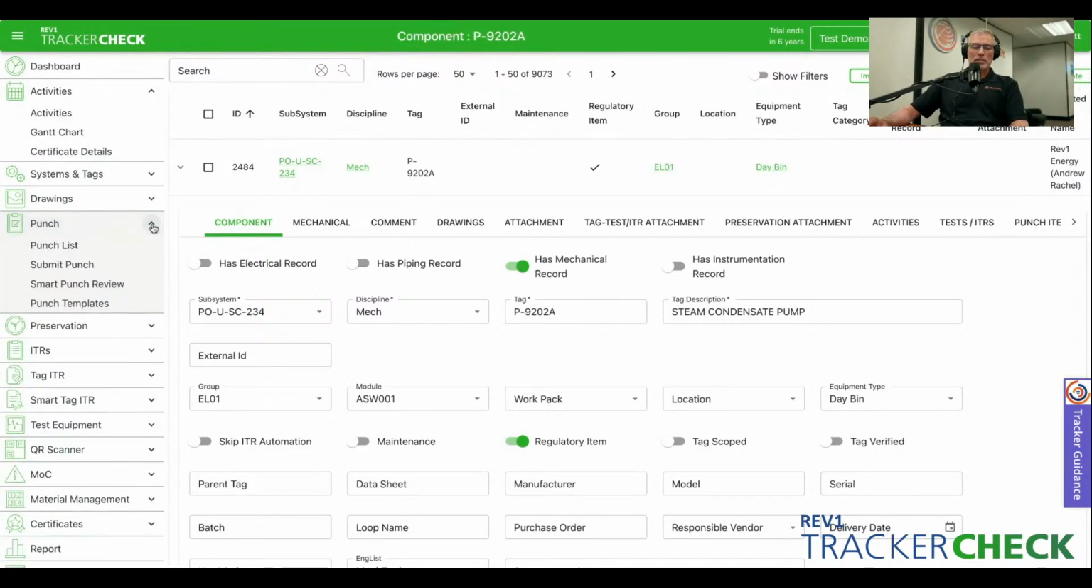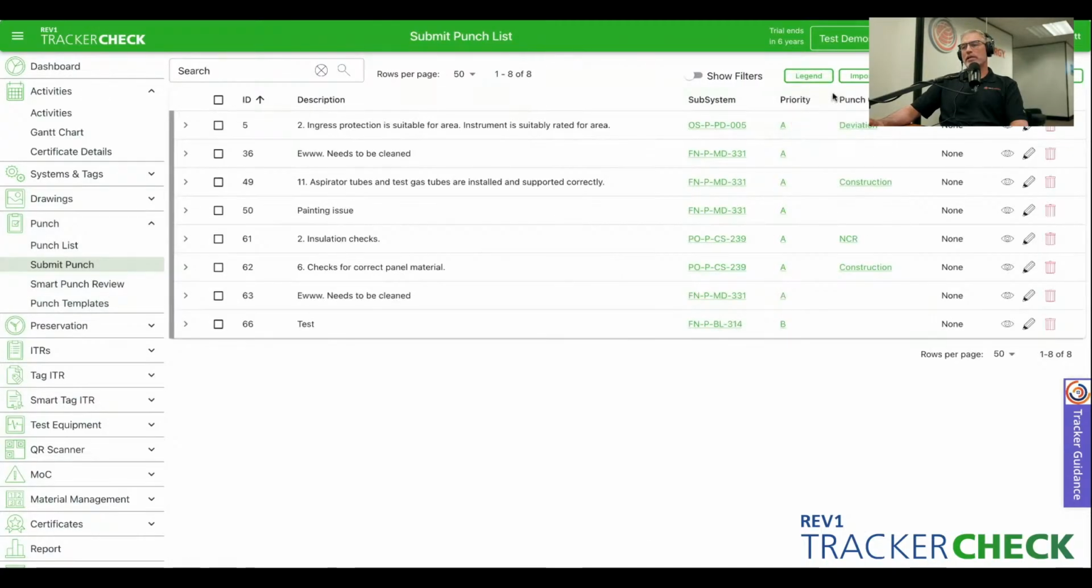Your punch list module, I'll go into a little bit more in depth. This is where a crew member could add a punch list. We can submit a punch directly into TrackerCheck here on the desktop, or we can submit punches mobilely as well. Once they are submitted mobilely or out in the field on an iPad or a tablet,